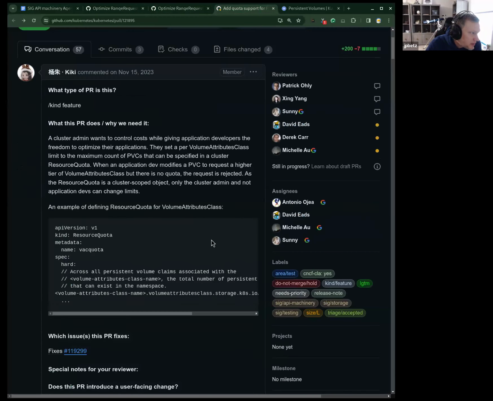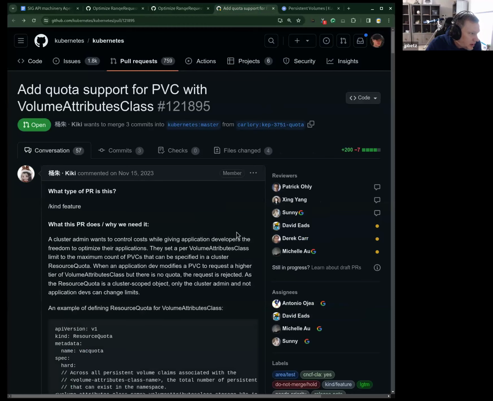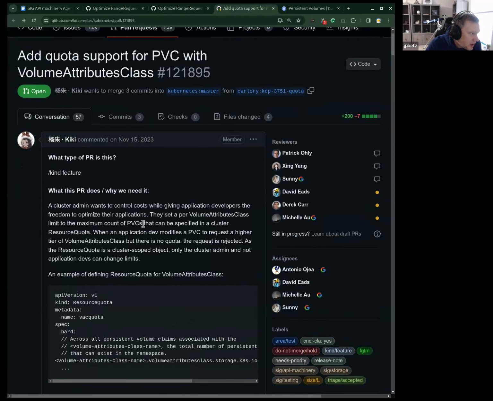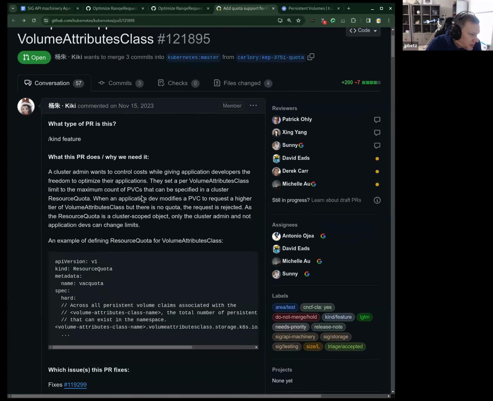All right. If not, I think this is just a call for attention on this proposed change. The idea here is that we are adding resource quota on a per volume attribute class level. It's a little different than most resource quotas in that it's measured against the relationship between objects, right? I don't know if everybody's familiar with storage here, but every time you have a persistent volume claim, it has a class. It has a field that specifies what class it is, and this is going to count how many PVCs can use a particular class. So that's the relationship.